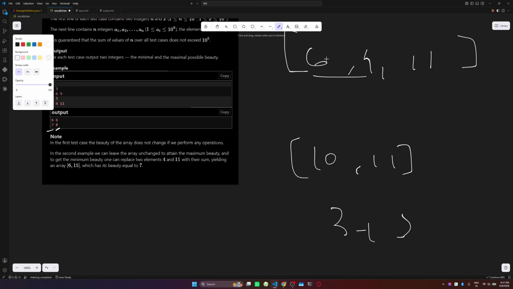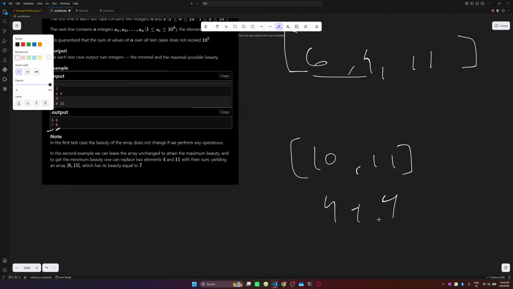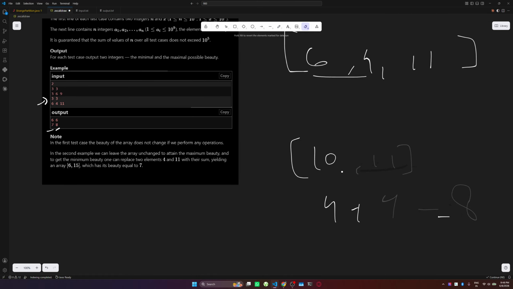Sorry. Right, we'll get a 3 and a 3, right? No. Sorry, we get 3 point something, so this becomes 4. And then we'll get 3 point something again, so this becomes a 4 again. So this will become 8, which is our max. But to get a min,